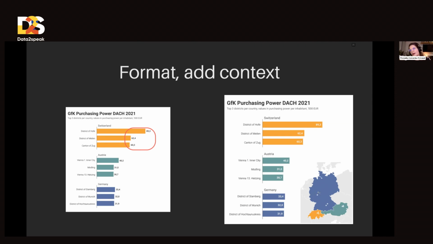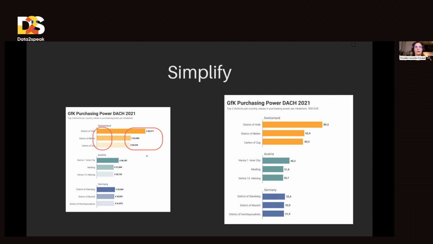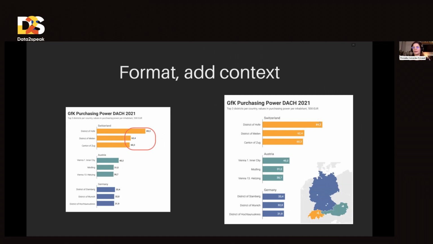Maybe some numbers would be nice, but basically it's not the purpose of this map. And another thing is to simplify the numbers, because previously you can see that we had a very detailed number, and now we move to the simpler